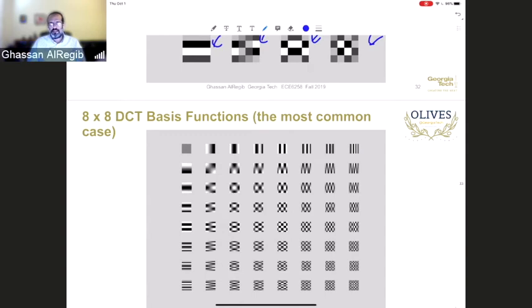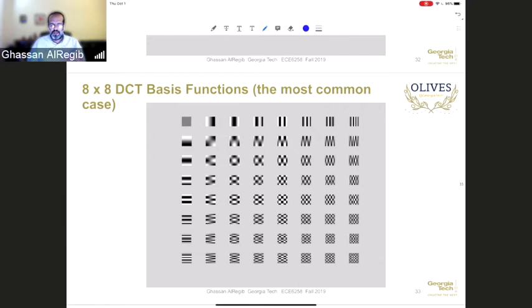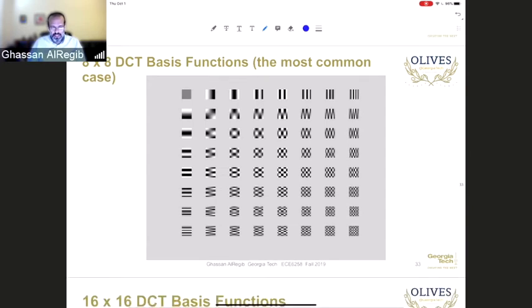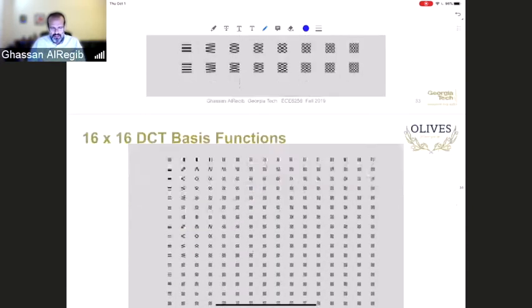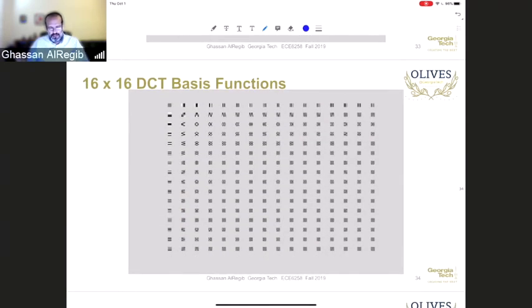probably since the 90s, since the first JPEG standard was issued. It has been kind of the standard until maybe 2 years back, maybe 5 years ago, when we started to move into 16 by 16, 32 by 32, and actually even 64 by 64, because the computation power we have now on our devices is much, much more powerful than 20 years ago. So you can see this is 8 by 8. All we are plotting here are the basis functions, the cosine times the cosine. This is 16 by 16. Of course, this is really zoomed out to put all of them together into one image,